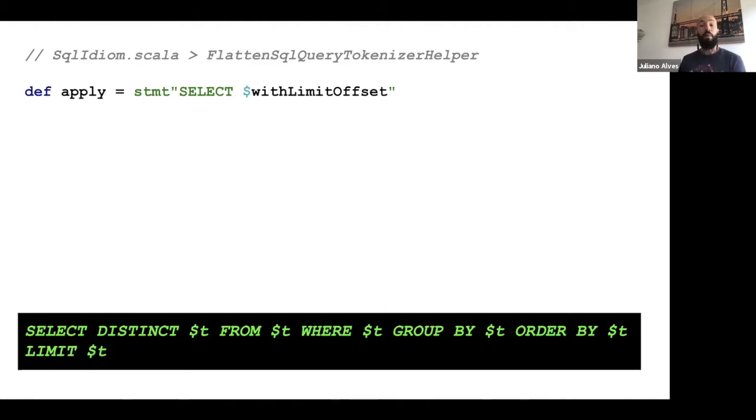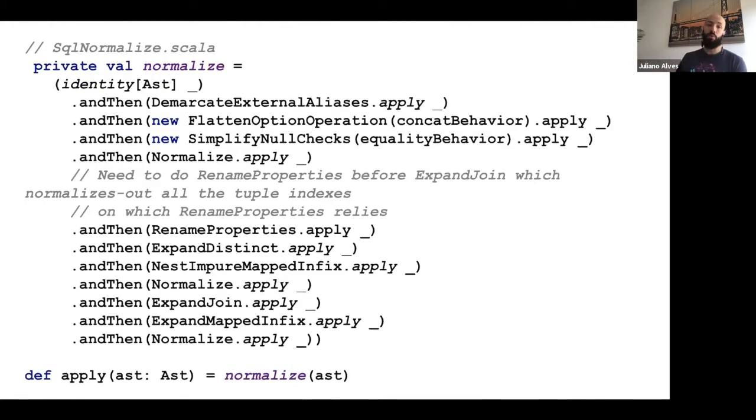That's a very simplified explanation of what the tokenizer does, because looking at SQL normalize and the method, it composes many calls to many different functions that will run all sorts of rules that will actually generate that valid, correct SQL for you at some point, right?